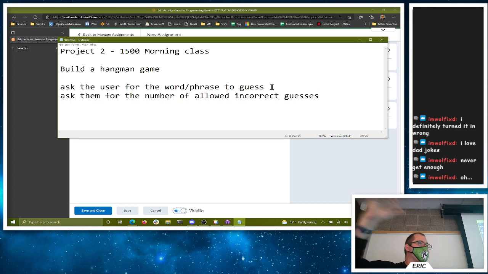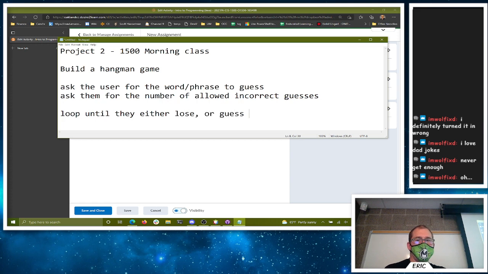So we're not going to necessarily have to draw the hanging man at every different stage, because you could just lose after 3 versus the regular head, body, legs, arms, whatever. How many did that work out to be? The head, the body, 1 leg, other leg, 1 arm, 1 arm. So usually 6, and then they could give you like a smiley face or something if they're feeling bad. Yeah. I forget. So we'll just ask them how many. Okay. And then we're going to loop until they either lose or guess the word correctly. I'm sorry, or reveal the entire word.